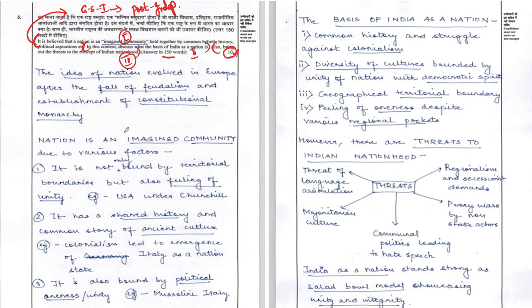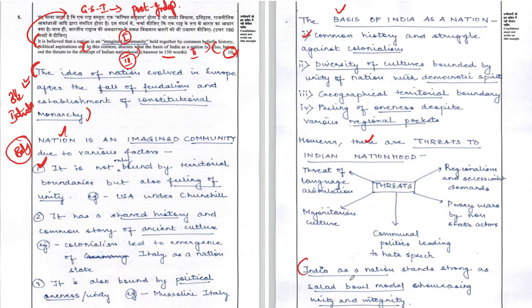So let's now look at the answer. While looking at the structure of the answer, there is a clear introduction, and the introduction has been written in 3.5 lines. So I would say this is a good way to write an introduction in the answer. And if you look at the body of the answer, a clear subheading approach has been followed here. And not only that, the subheadings have been followed by a point-wise approach. So this is something we have been seeing over the years. The UPSC toppers have been following this approach.